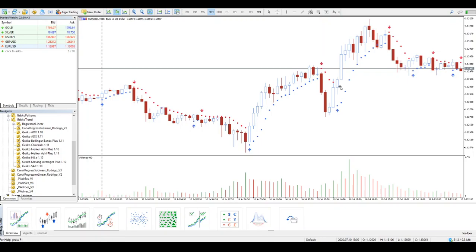I'll just go ahead and put a little arrow here. I will be buying somewhere here, close to where it breaks the last high, and the indicator is gonna be showing you the blue arrow here,